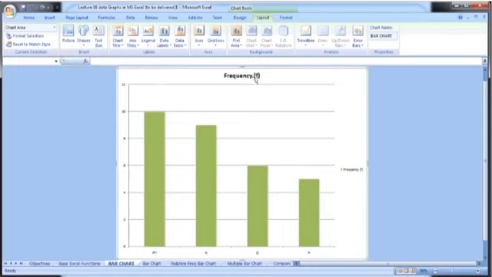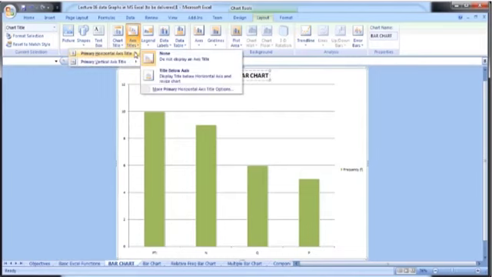So select this option, and here we already have a title. You can delete this one and provide a suitable title. So suppose the title is simple bar chart.